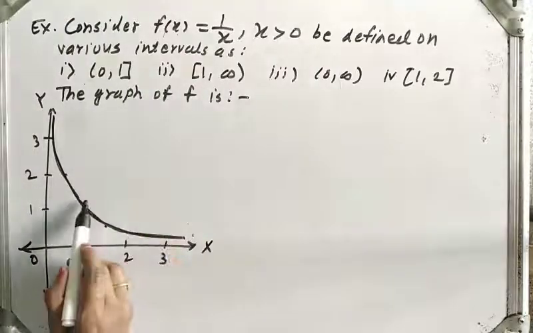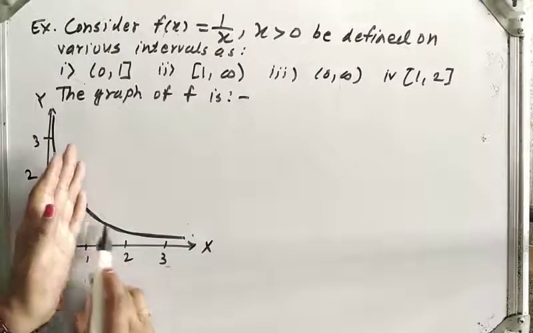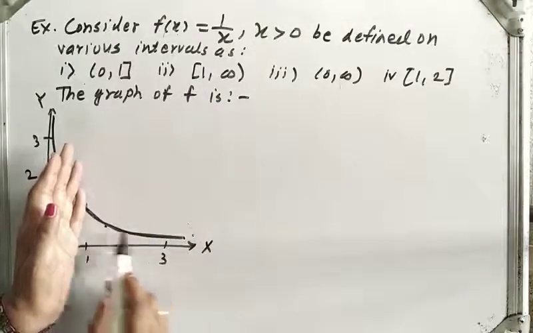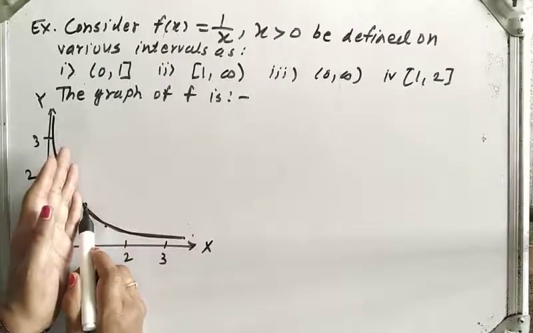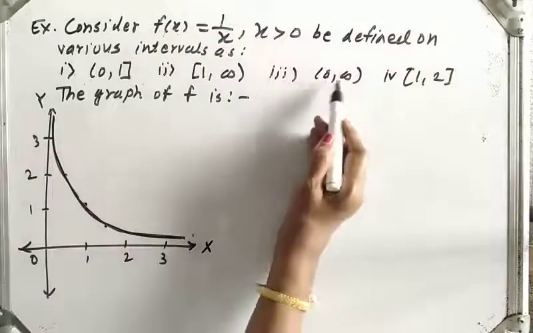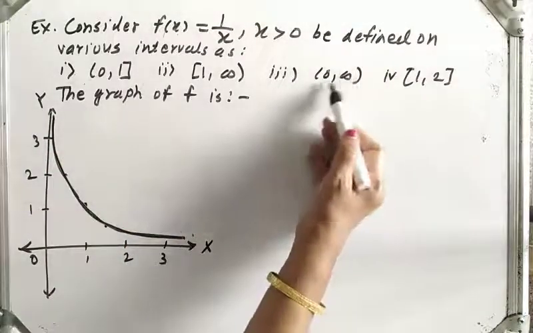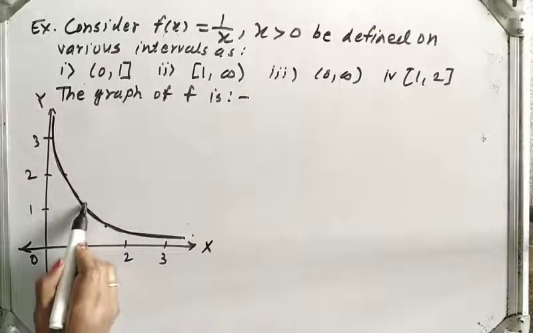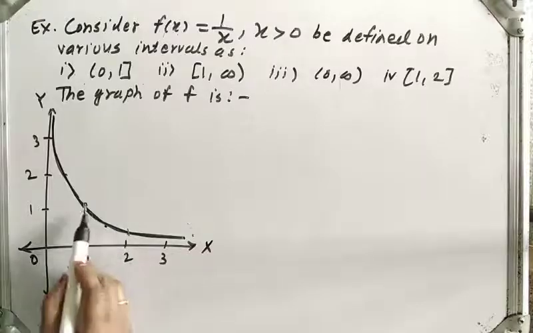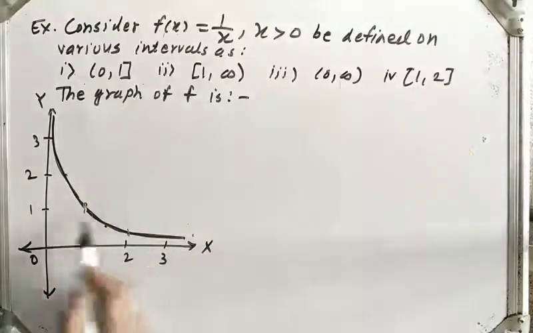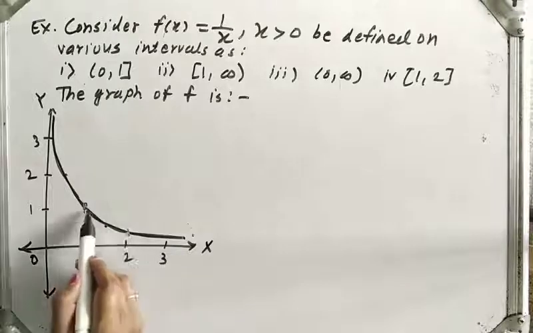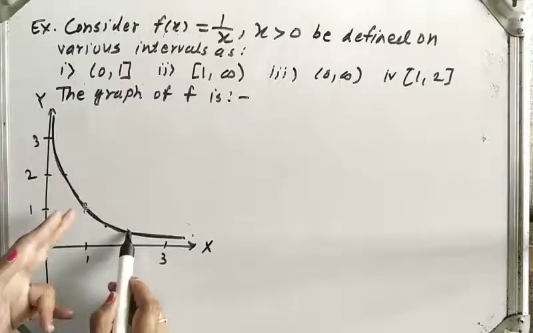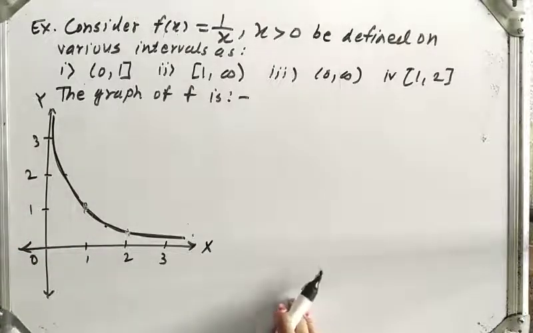1 to infinity means from here, from 1 onwards, this complete graph. Now 1 is included, and at 1 you can see the graph is at its absolute maximum. So absolute maximum is attained, absolute minimum is not attained. From 0 to infinity, the complete graph, neither absolute maximum nor absolute minimum is attained. Closed 1 to 2 means from this point 1 to 2, and 1 and 2 are both included, so absolute maximum is attained, also absolute minimum is attained. This is the absolute maximum, this is the absolute minimum. So for 1 to 2, absolute maximum and minimum are attained.